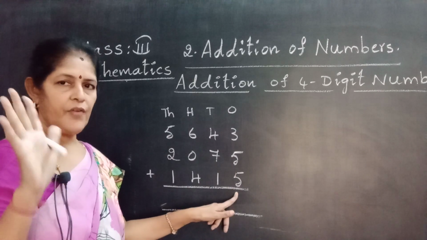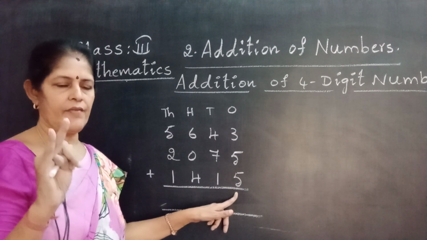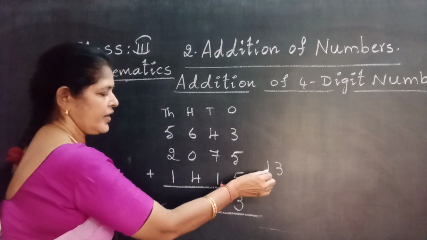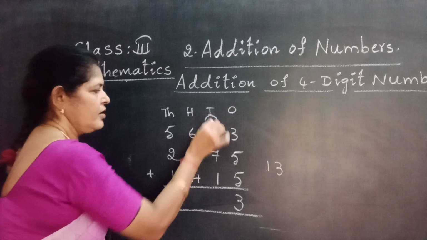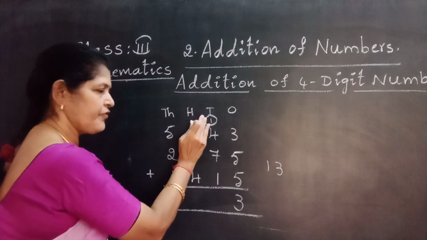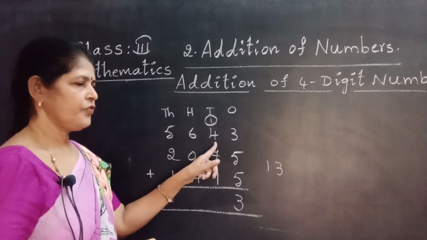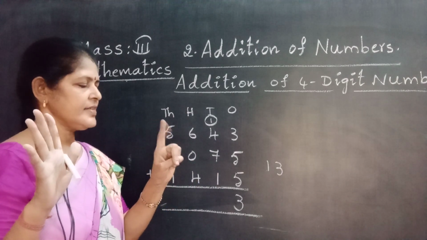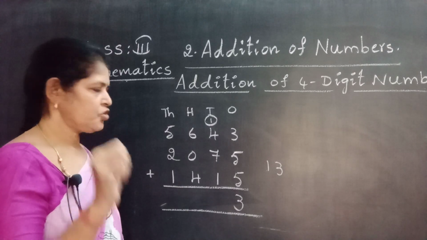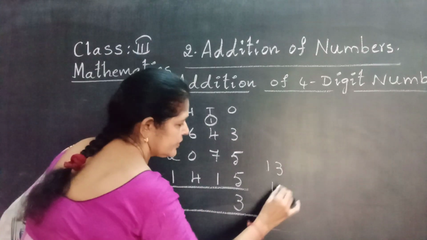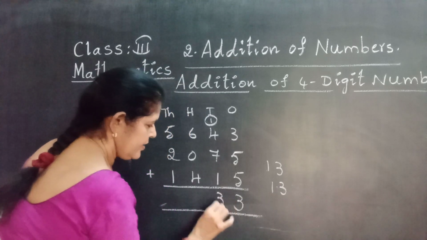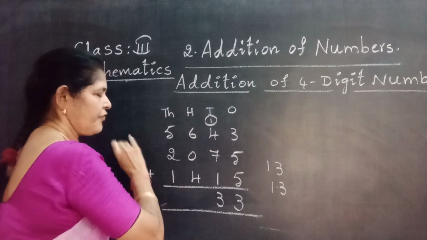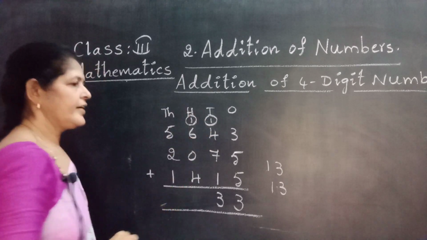8 in the mind, take 5 fingers, 8 after 9, 10, 11, 12, 13. Right side, 3 right in the ones place, 1 carry forward to tens place, right above 4, just left side place. Now 1 plus 4, 5. 5 in the mind, take 7 fingers, 5 after 6, 7, 8, 9, 10, 11, 12. 12 plus 1, 13. Again, write 3 in the tens place. 1 carry forward to the next left side place, that is hundreds place.